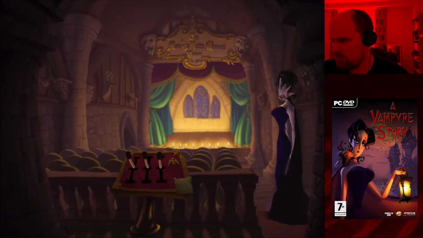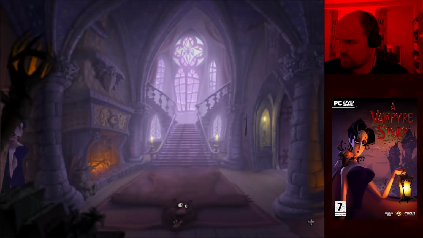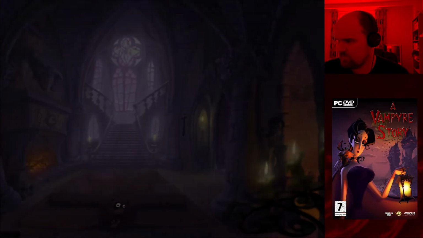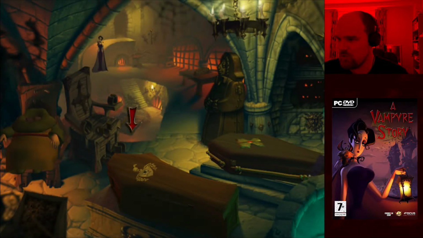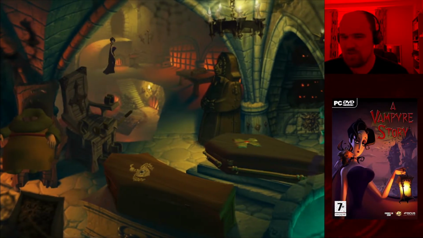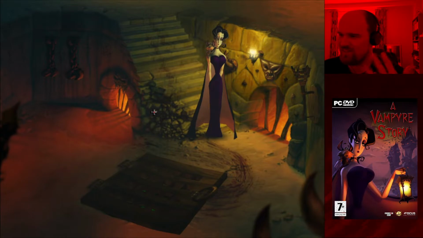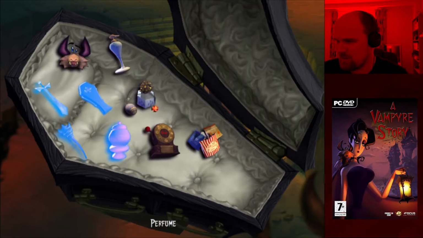Oh, no, no, wrong way. It's this door over here. At least that's my first guess. It's like, okay, body oil, that's a type of oil. What do you use to loosen up old hinges? Oil, you know? It's not really the same thing, but it's adventure game logic, right? So you gotta take it with a pinch of salt.